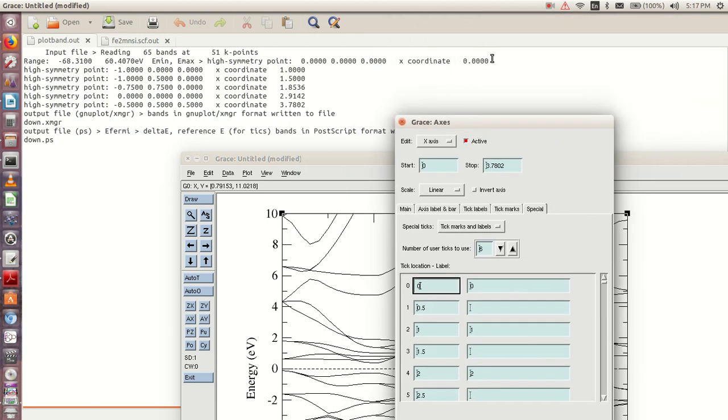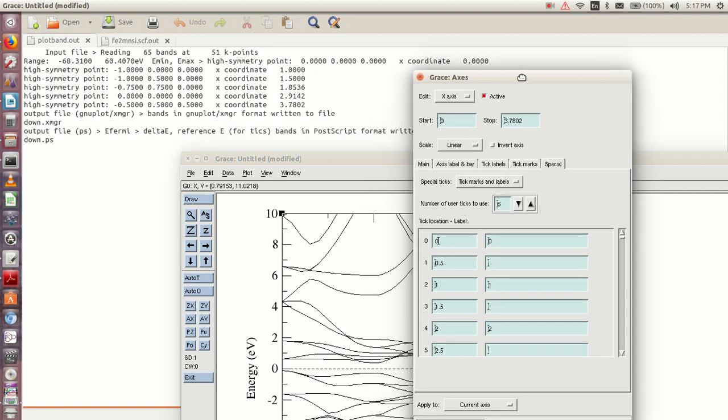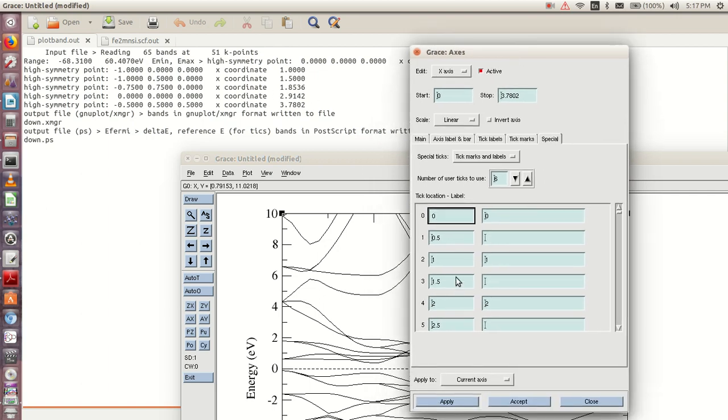The 0 will be here. Then this is 1.0, 1.5, and the next one is 1.8536, and the next one is 2.9142, and the next one is